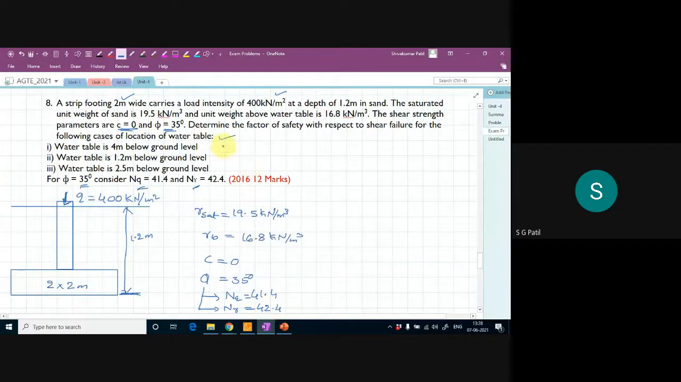42.4. Okay, so that means the factor of safety with respect to shear failure. They are asking you to find out the factor of safety for the following cases. What is the first case? First case is this one: the water table is at 4 meter below the ground level. Okay, so that means